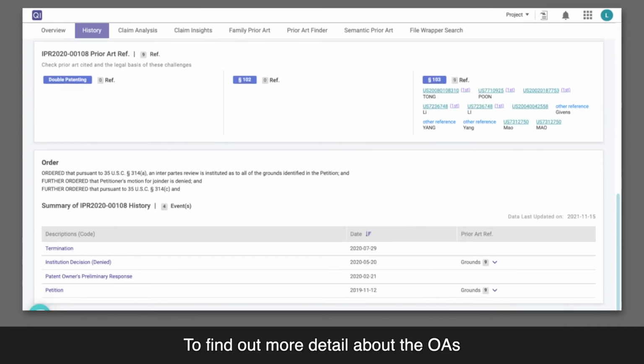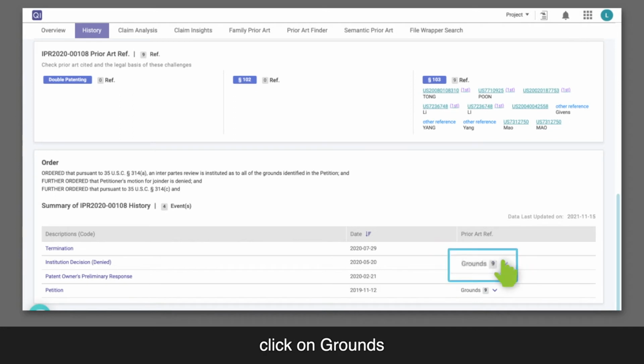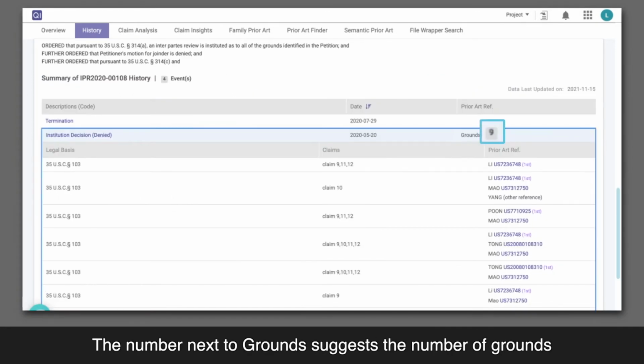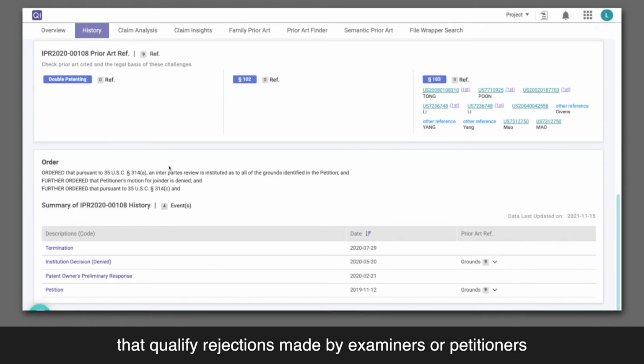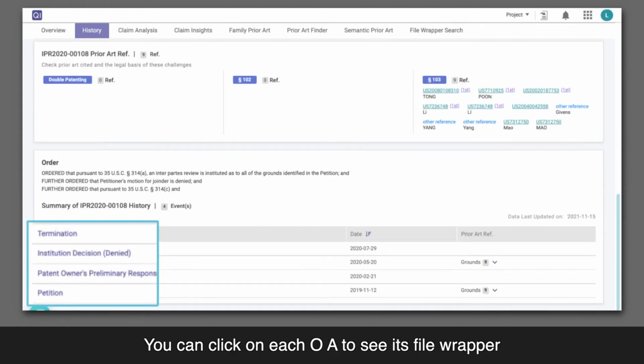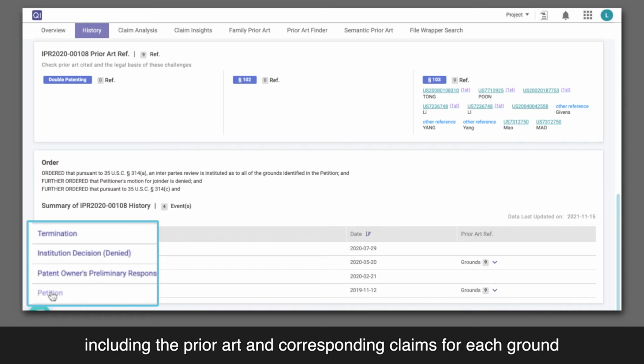To find out more detail about the OAs, click on Grounds. The number next to grounds suggests the number of grounds that qualify rejections made by examiners or petitioners. You can click on each OA to see its file wrapper, including the prior art and corresponding claims for each